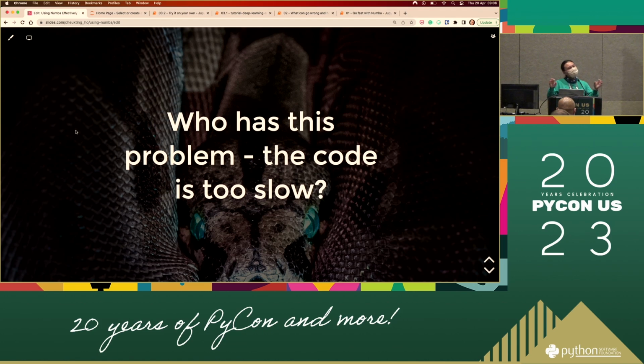I want to know what people's backgrounds are a little bit first. Who actually considers themselves data scientists, handling data and doing analysis of data? One, two, three, some of you. So what do other people do? Are you a developer who just writes code and is curious about Numba and what it does? Okay, so maybe we all have the same problem: we think our code is too slow and we want it to be faster. So for today, I'm going to mainly explain Numba.